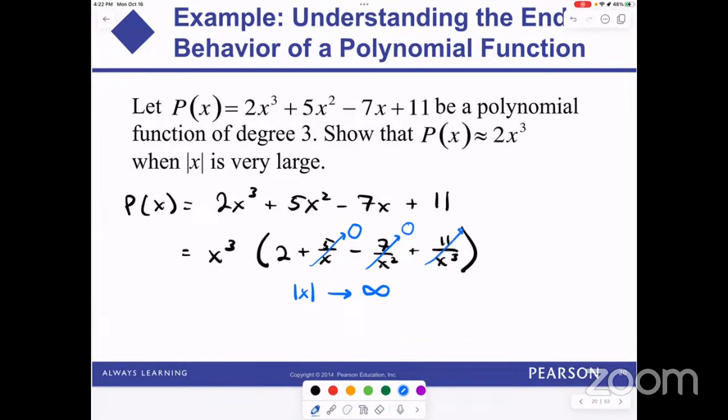So as x goes off to positive infinity, then this guy is going to be approximately equal to,